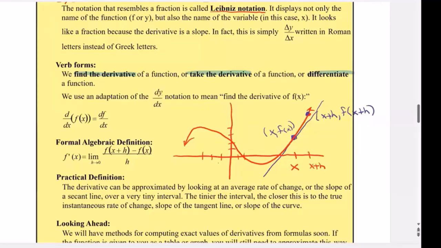Then my slope is, if this is my point 2 and this is my point 1, I have f of x plus h, which is y2 minus y1. Look at this: f of x plus h minus f of x. So y2 is f of x plus h, y2 minus y1,